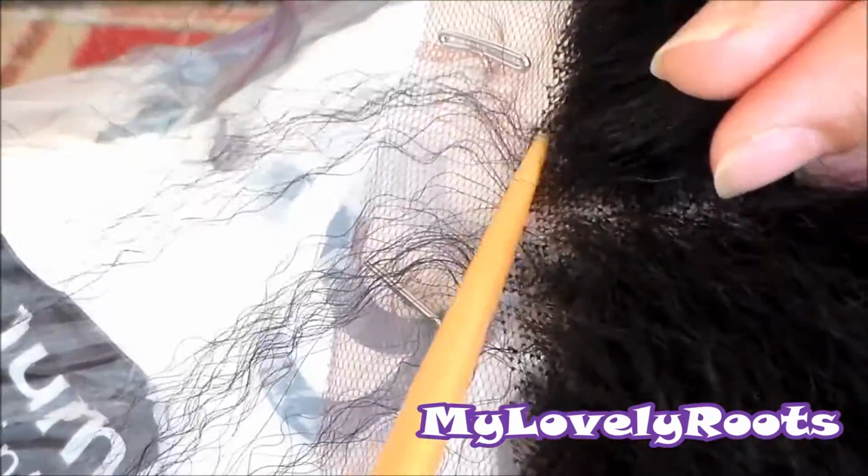The next thing that I did when I started to get to that point was I took a break and then I came back. I started to part through the hair because I wanted more of a gradient effect of how the hair was thinning. I just didn't want a blunt area where it was just thinned out. So I started to part through the hair, pluck a few hairs back, like maybe half an inch back, and then I would part and go to the next row. And I repeated this